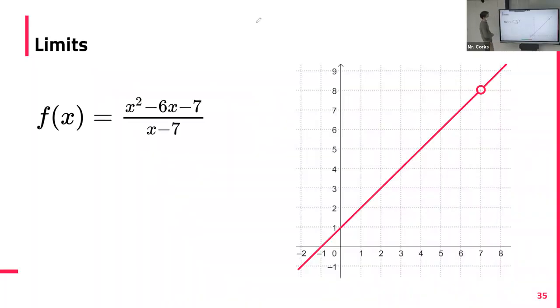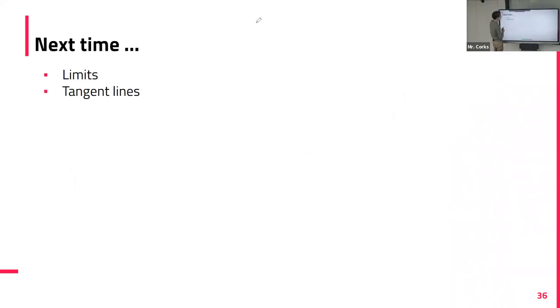This is what the graph looks like, but we have something weird happening when x is equal to 7. So we'll talk about limits, which is our fancy math tool to answer this question. But for the preview, you can just take your best guess. So limits, then we can really talk about tangent lines a bit more. That will get us ready for the core idea of what we do with